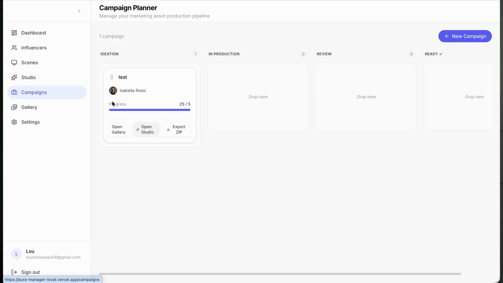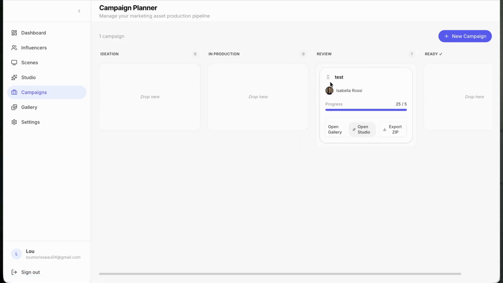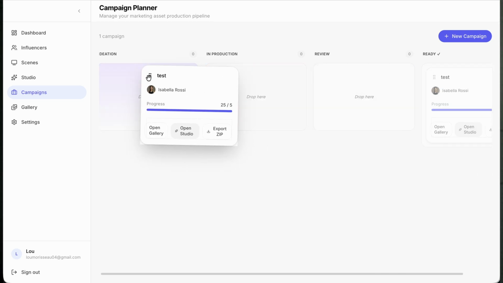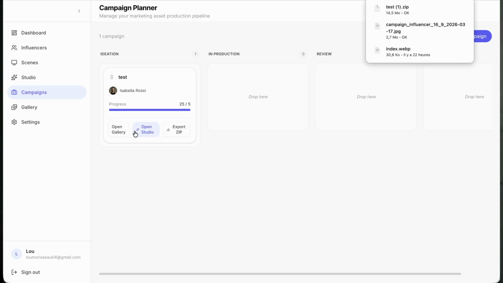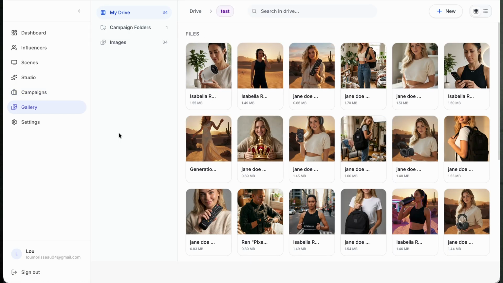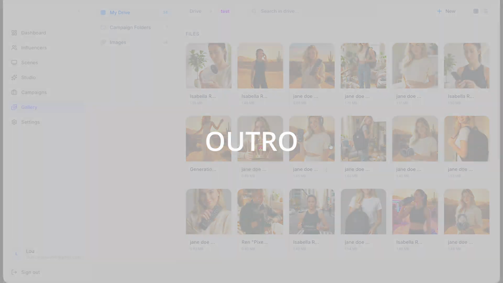Once you have visuals, you don't just download and disappear. You organize everything by project, ideas, in progress, validated. If you are running multiple campaigns for multiple products, you need this. Otherwise, it is just chaos in a folder. What used to take a full production day now takes about 2 minutes. Creation studio, campaign manager, batch production. So that's Aura Manager.